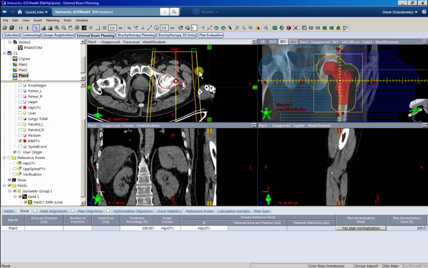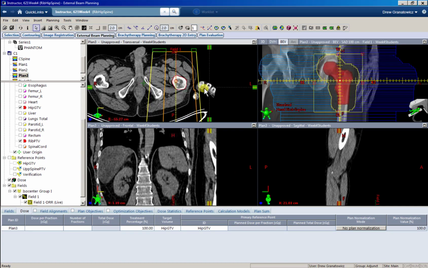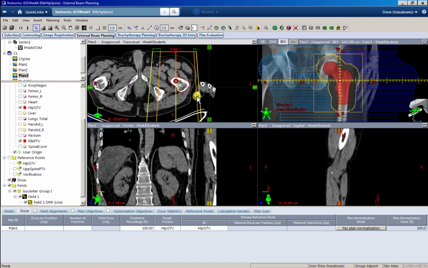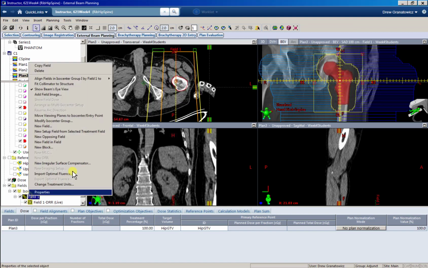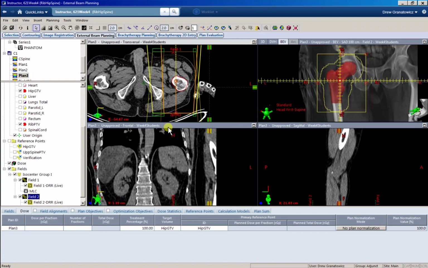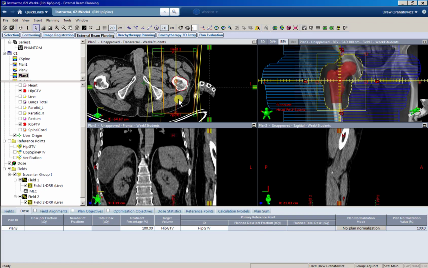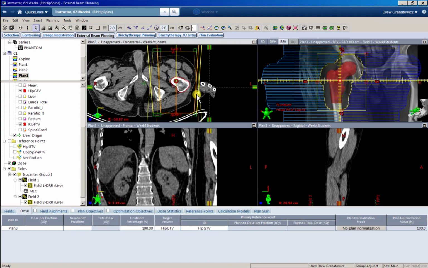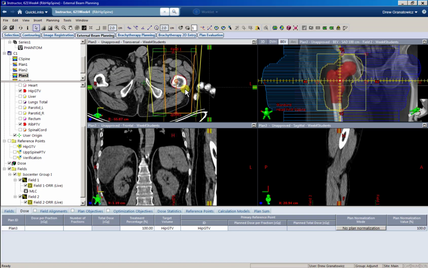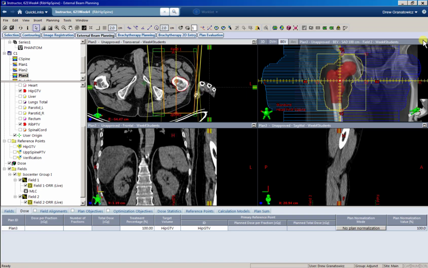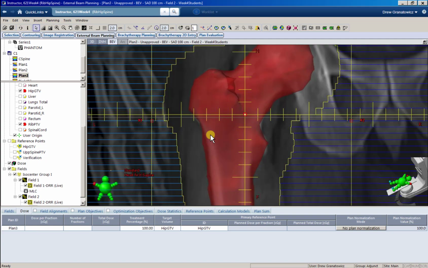So again, for this case, the patient was simmed with their arms down, so we're exiting through the hand here a little bit. But again, I'm okay with that. It's exit dose, so let's just oppose this. Redo our MLCs. So you see this? We're entering through a little bit of the finger there. It's not going to affect the dose to this GTV way over here. So it's not going to really matter, but what you can do is in situations like that,